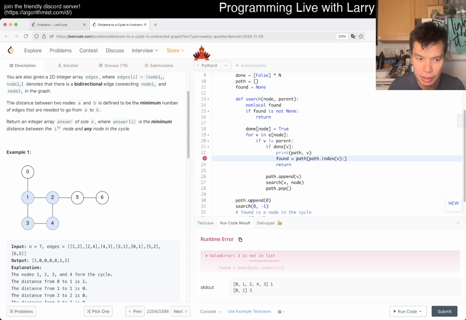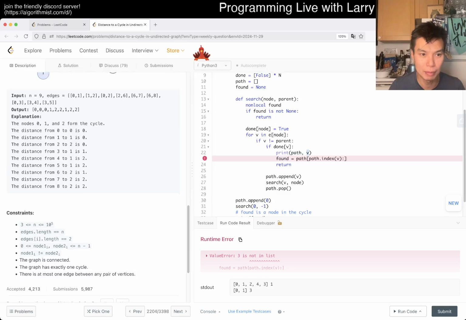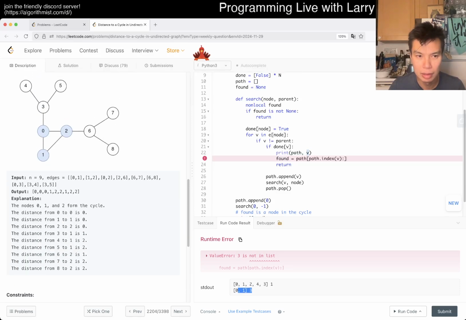If done of V, that's awkward. Oh, V is the next node, but why is V not in the list? But V is 1. Oh, this is the second part thing. Okay, that's why, I was looking at the wrong graph. Okay, so maybe the pop is a little bit weird, but that shouldn't have